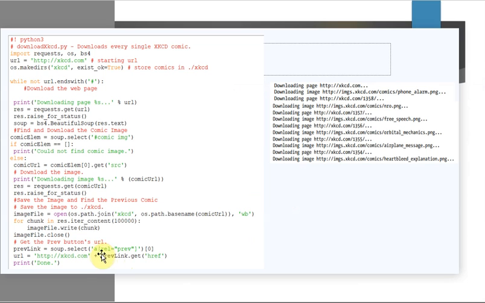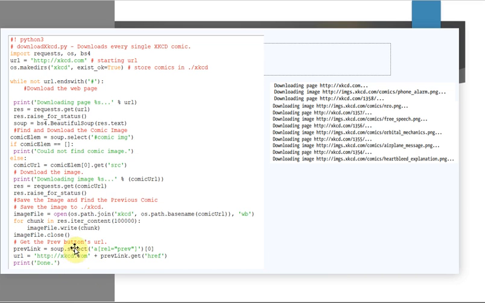Just here the selector a[rel="prev"] identifies the anchor tag element with the rel attribute set to prev, and you can use this element to get the previous comic's URL, which will be stored in our URL, that is here.